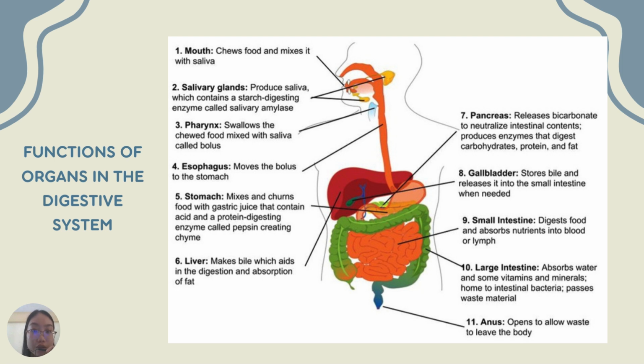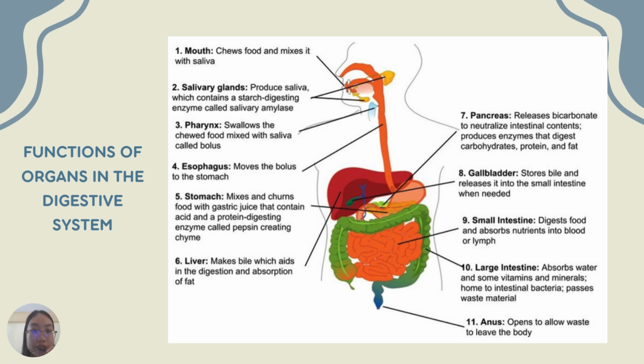Before we get into the biochemical process, we need to know the functions of the organs in the digestive system. Firstly is the mouth. The function of the mouth is to chew food and mix it with saliva. Then the salivary glands produce saliva, which contains a starch-digesting enzyme called salivary amylase. The pharynx helps to swallow the chewed food mixed with saliva, called bolus. Then the esophagus moves the bolus to the stomach,